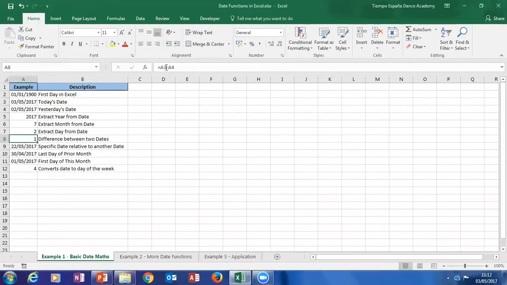Basically, the function, so you can see we had the TODAY function, for instance, which seemed to be in capitals, and then we had the MONTH function or the YEAR function, which all seemed to be in capitals. Basically, the answer is yes, it does have to be in capitals. Excel always wants every function to be in capitals, but the way that's going to work, if I just demonstrate this somewhere else, even if I type in the same sort of function, but don't do it in capitals,